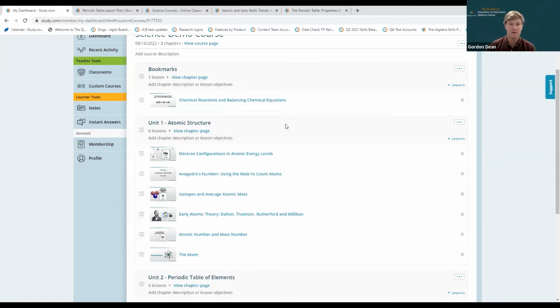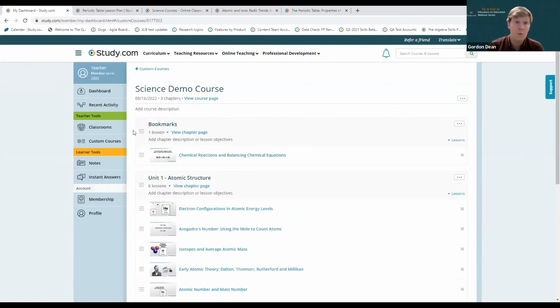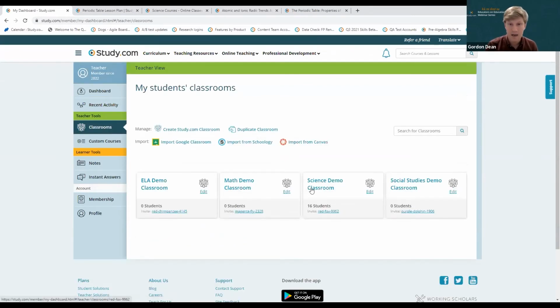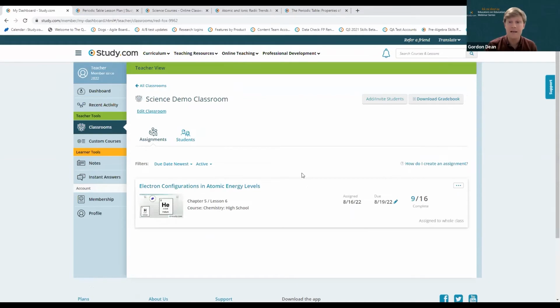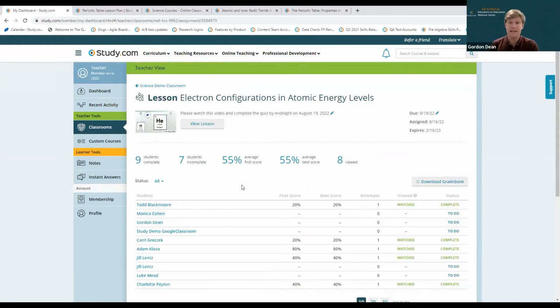And it ends up being a great way for them to say, okay, cool. If I really need to focus on one thing, I only have one night left, what do I focus on to really help me better understand what I'm missing and then really ace those unit tests? Once I have sent out that assignment, I can then go to that classroom. I can see all the assignments that I've shared out, go to the particular assignment, and then I can see a bunch of awesome information right off the bat.